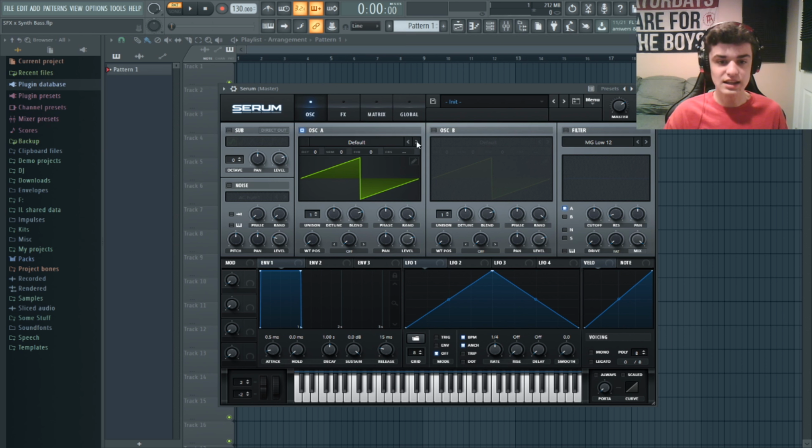So the first thing that I like to do is go over to a sine wave and then pitch that down a few octaves so it gets nice and low. You can hear that, it's very nice and deep. But you'll also hear this clicking noise when we play it, right? So you want to turn that attack up